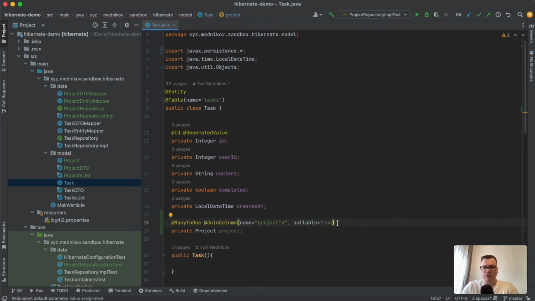So nullable true is basically a default value. However, it's still a good practice to provide an explicit definition for software developers that will also use our code, so they will understand our data design. I use nullable true here because actually we could have a task without an assigned project. Another thing that we need to do here, we need to go inside the project